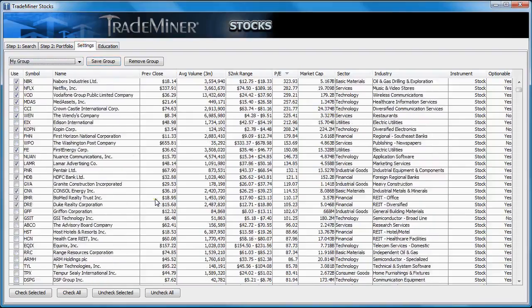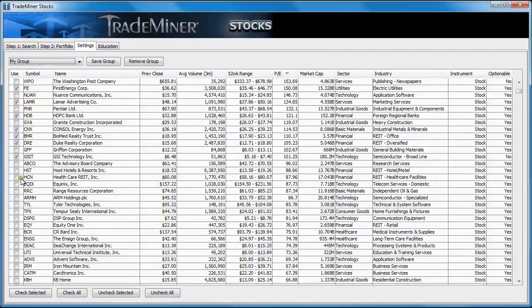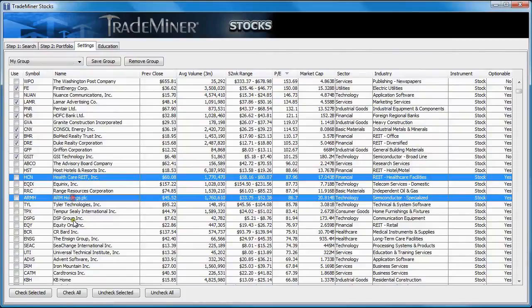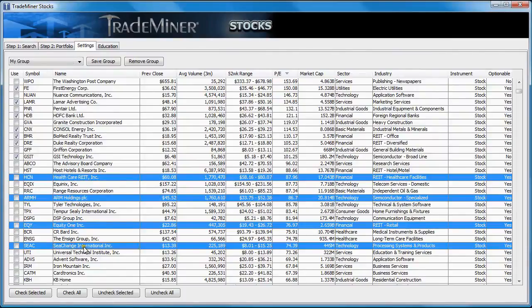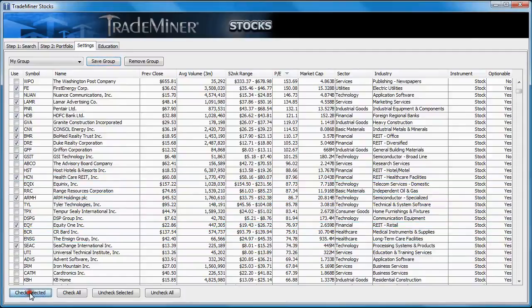Now let's say we want to add a couple more to that group. All we have to do is come in here and hold down the control key, and I'm going to select this one, this one, this one, and this one, and I want those in my group. So now that my group is selected, all I have to do is hit save group again, and it adds those in. Oh, I first have to hit check selected. Don't forget that part, because see, they're selected but they're not checked, so I have to hit check selected. Now they're selected. Now I can hit save group, and it's going to add those into my group,